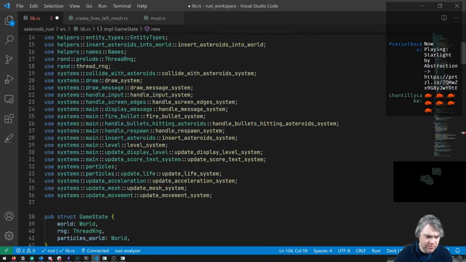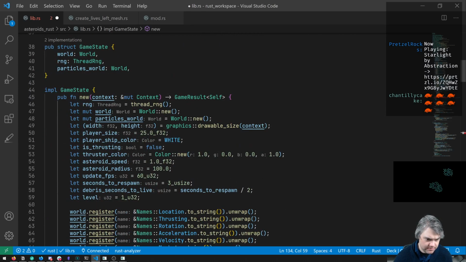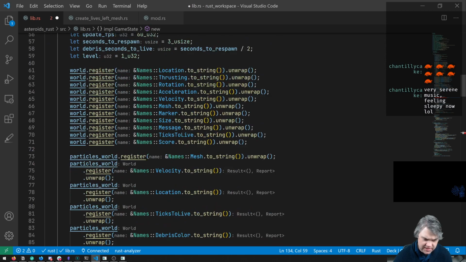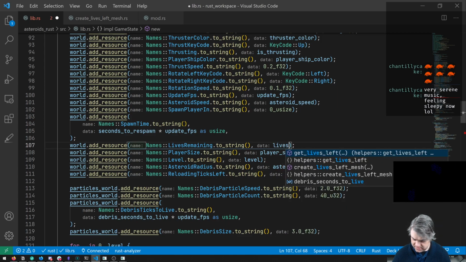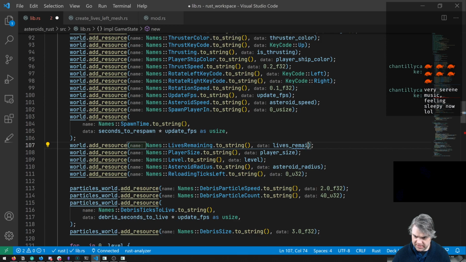Do I have the lives remaining here? I don't think I do. I think I have this resource, lives remaining. Oh, I set it here to be like a 3. So if I do lives remaining,